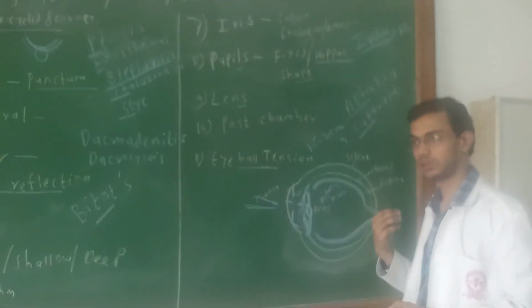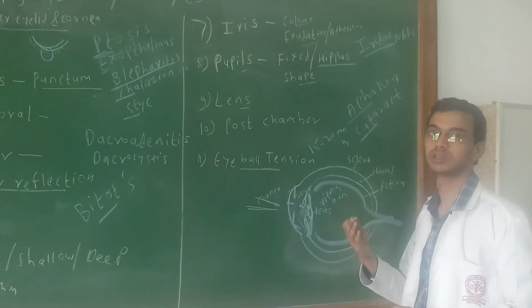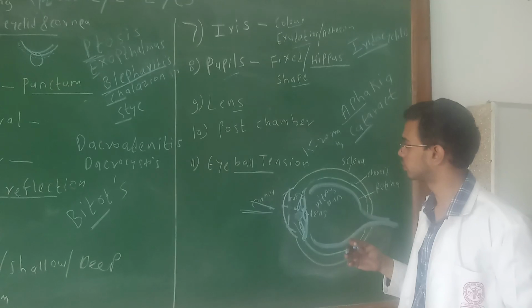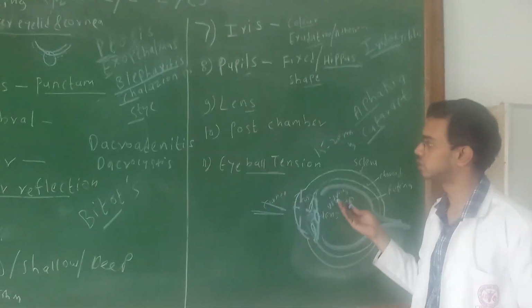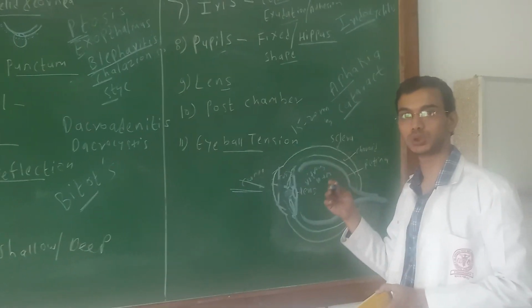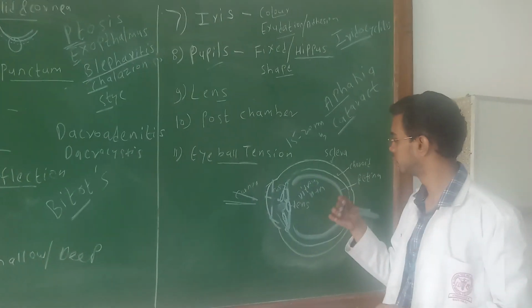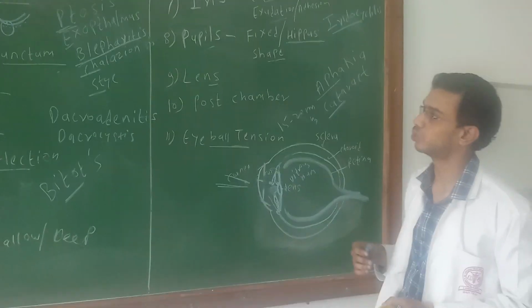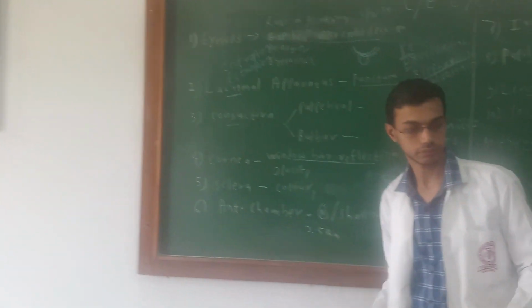This is the normal eyeball tension or intraocular pressure. Manually, I will demonstrate how I will examine the intraocular pressure. Again, in ophthalmopathy you can also see how we measure the intraocular pressure with the help of a particular instrument called a tonometer. So let us see how to do the clinical examination of the eye, some different points.